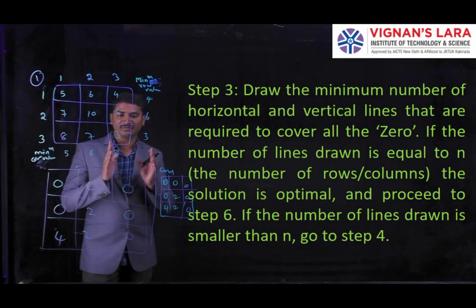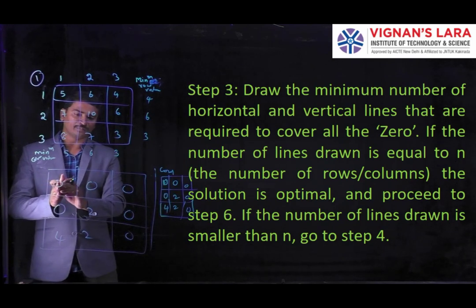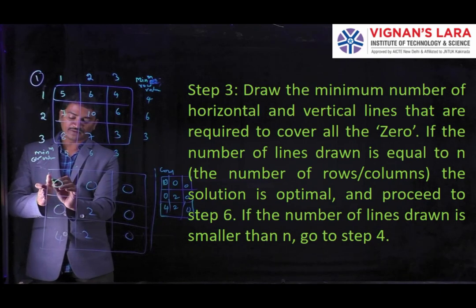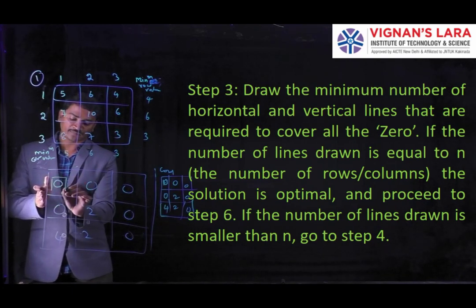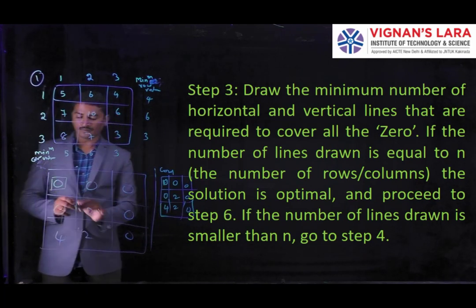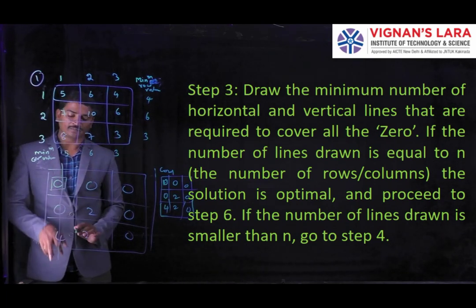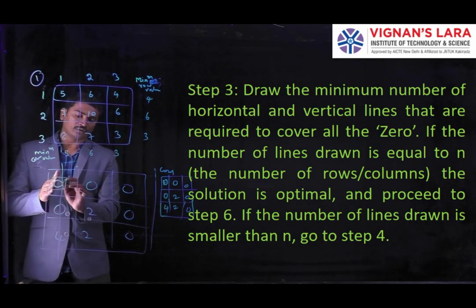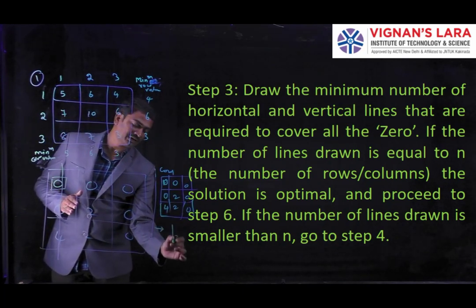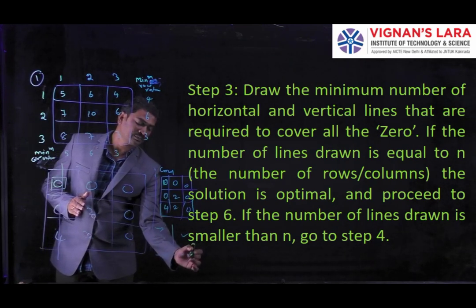First we are searching for zeros in the rows. Here 3 zeros are there, so first we can take any one zero. It means the initial 0 we can take. After taking the initial 0 we have to enclose it with a square box. Then we draw one line through that cell. If we are searching a row and there we have the 0, we simply draw the vertical line. If we are searching a column and there we have the 0, we simply draw the horizontal line.